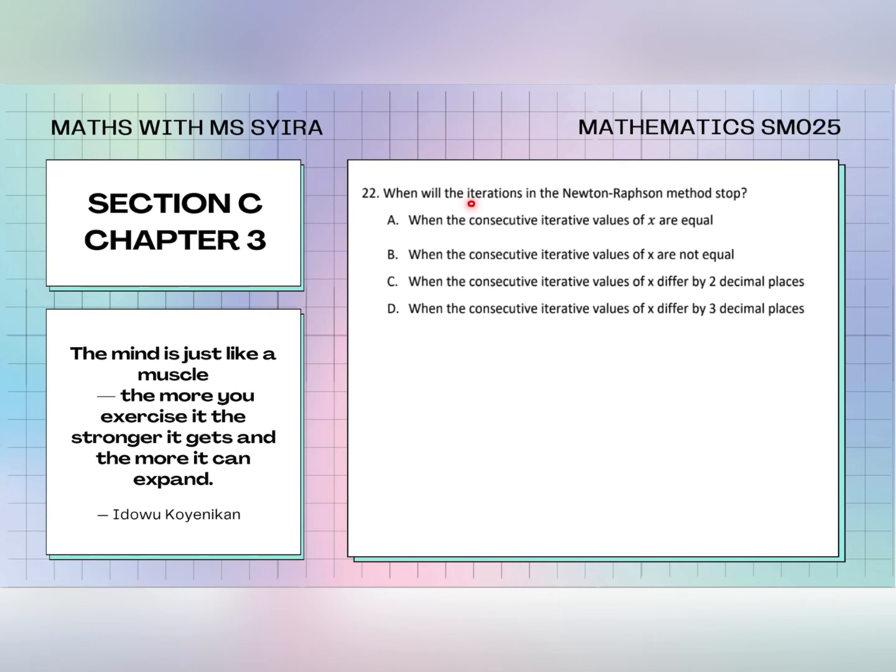Okay. And finally, question 22. When will the iteration of the Newton-Raphson method stop? Newton-Raphson method, stop. Stop bila kita jumpa equal consecutive values. So, consecutive iterative values of x are equal. So, the answer should be